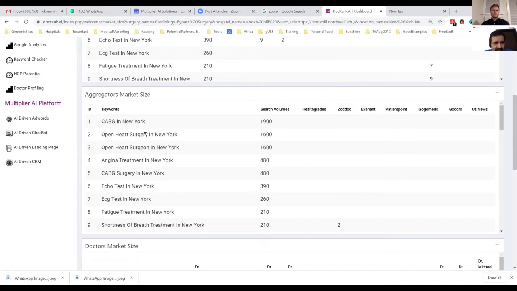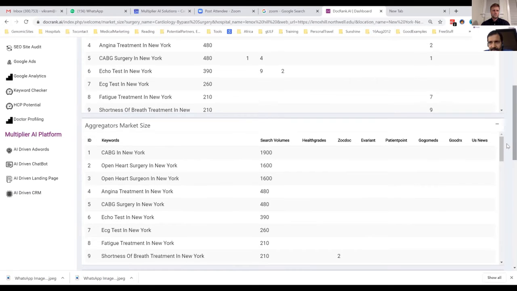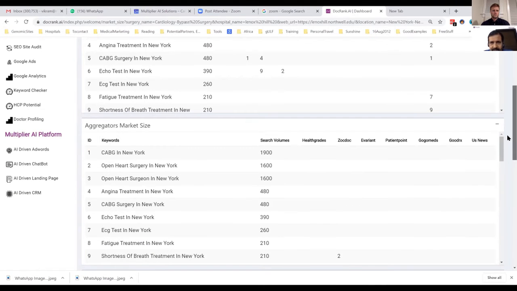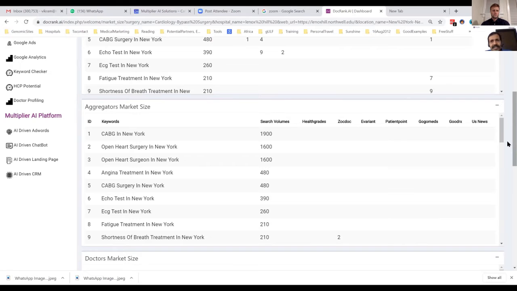And this is just one procedure, and I can show you procedure after procedure, and you will see that a lot of digital health companies really need to fix this instead of spending their money on advertising. And this is something that at one click they can find out.